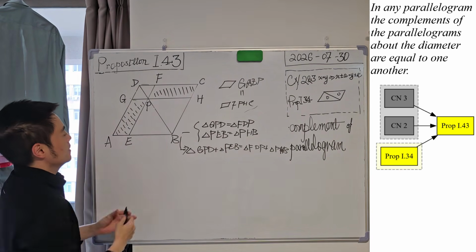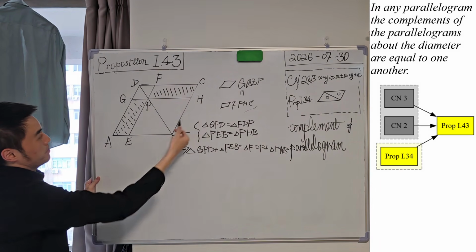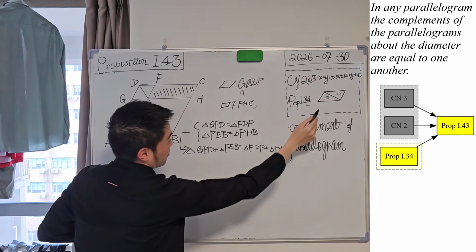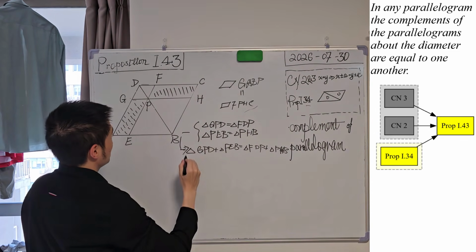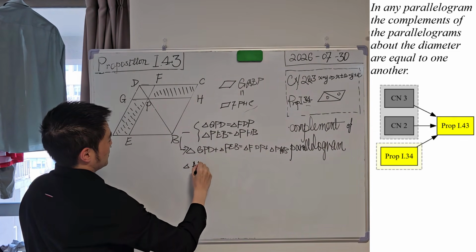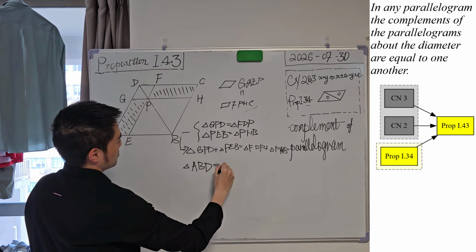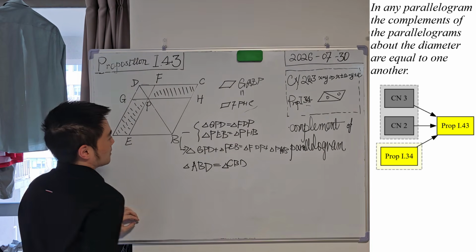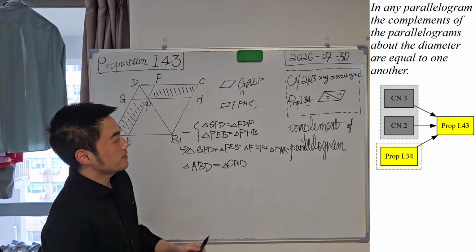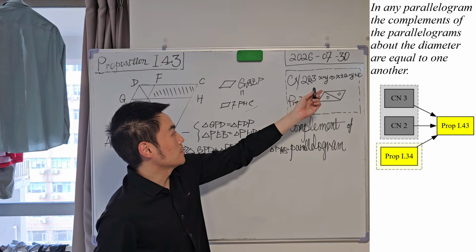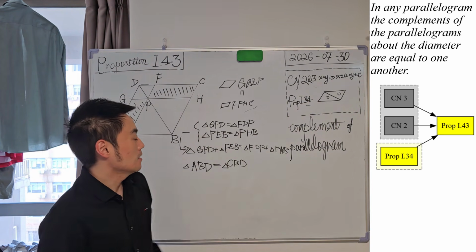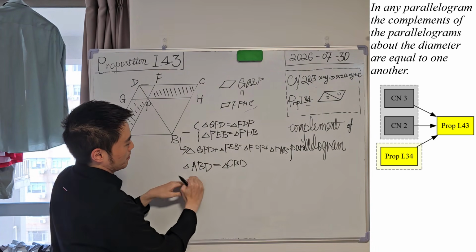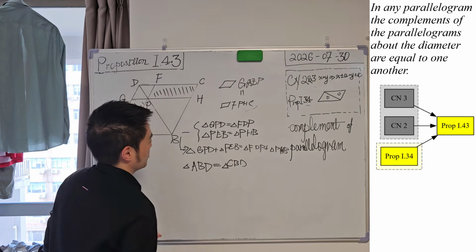Great. And in the whole parallelogram ABCD, we know that this big triangle is equal to this, still because of proposition 34. We know that ABD will be equal to CBD, right? And then let us apply common notion 3. At this time, we subtract equal things from equal things, so the results will be equal, which means